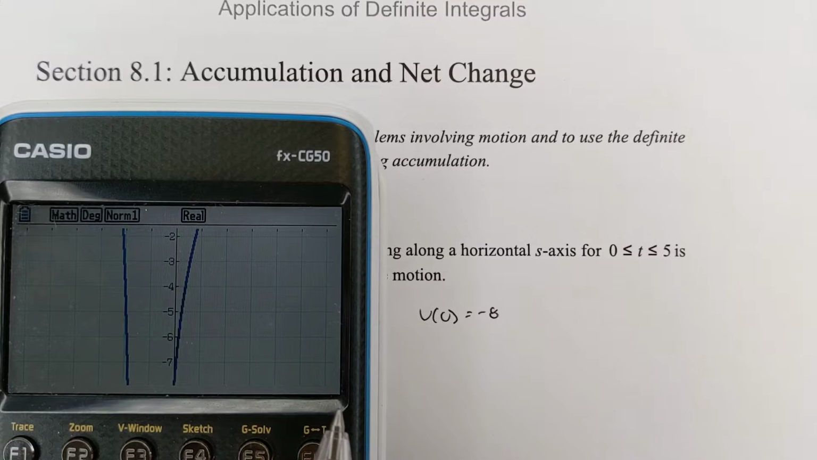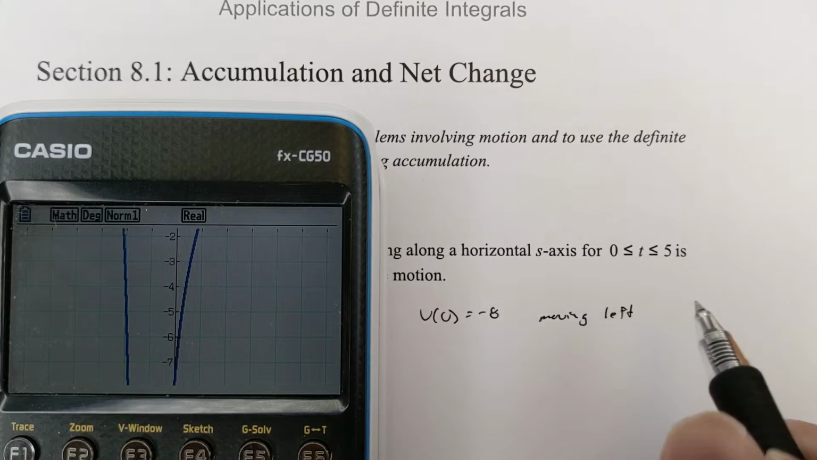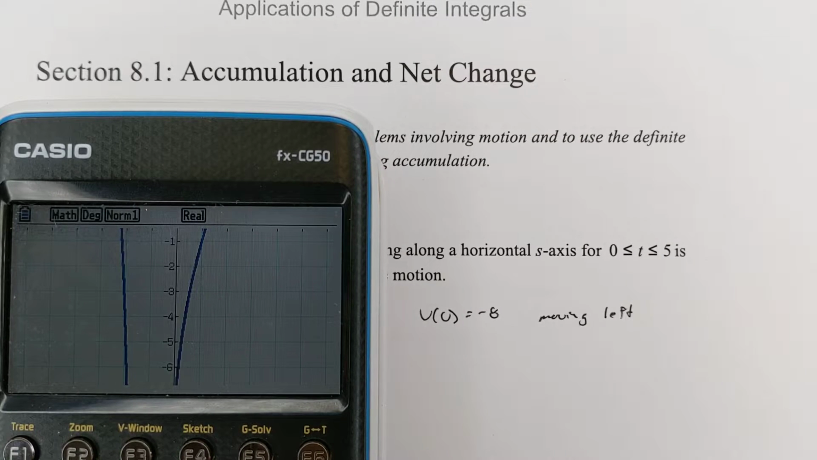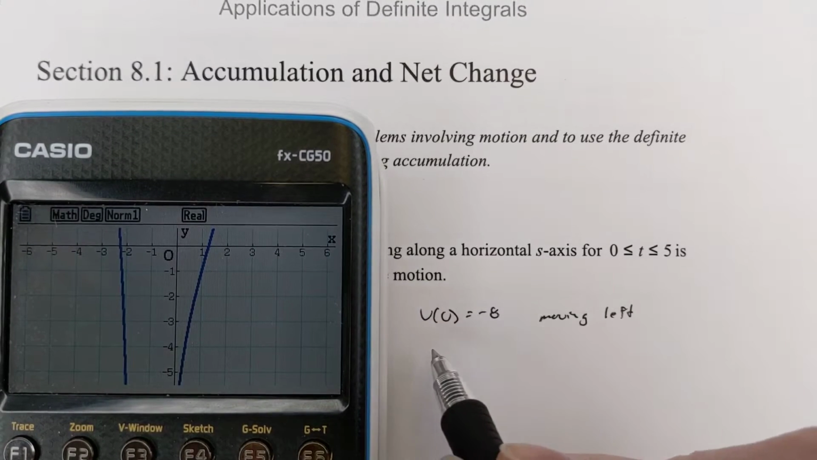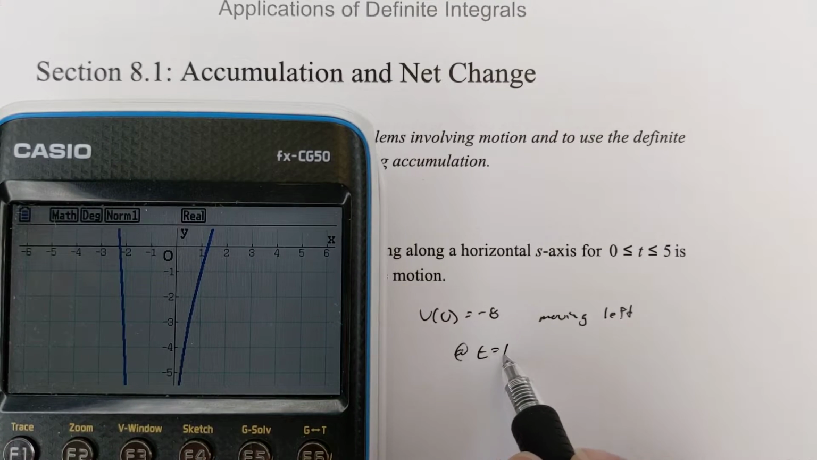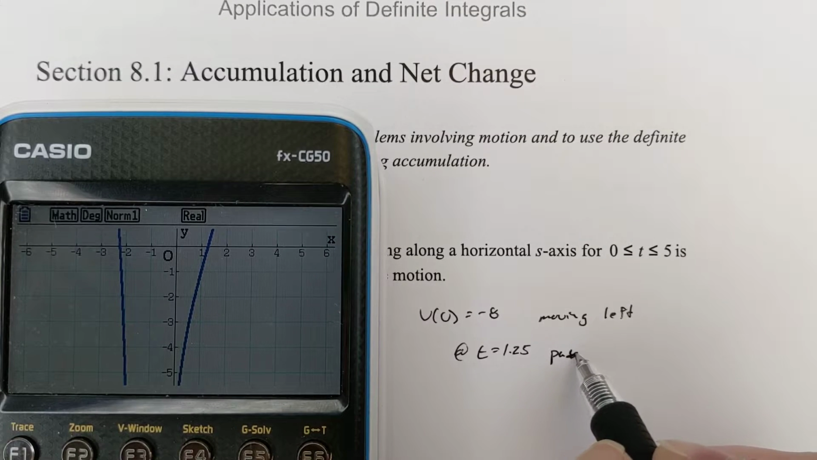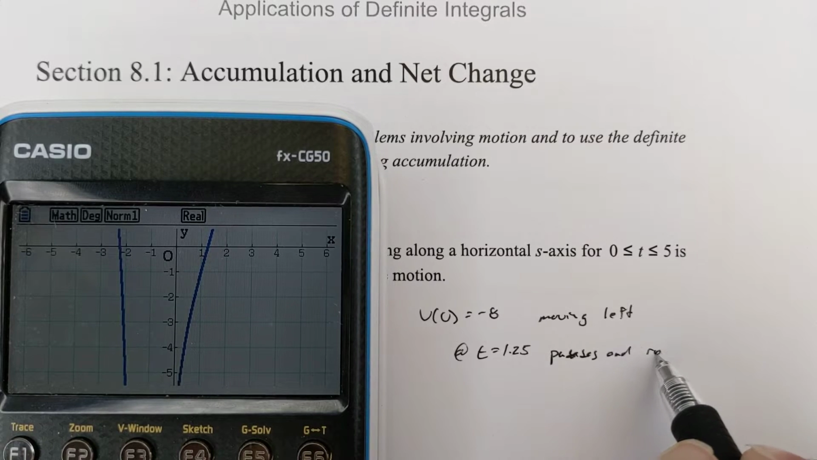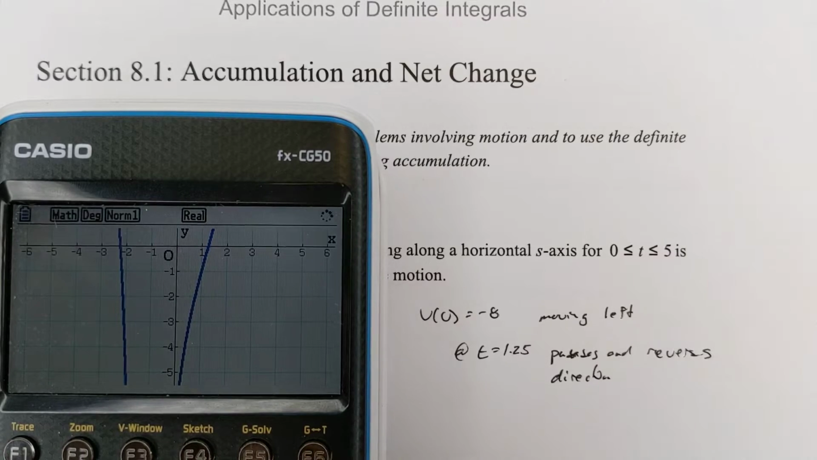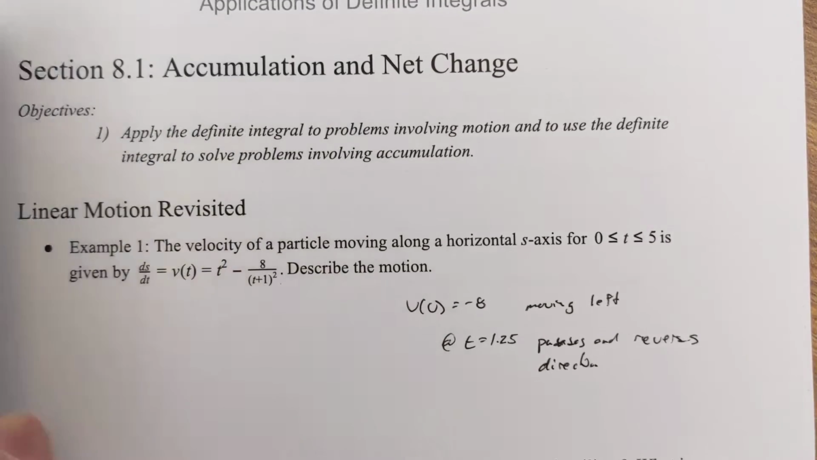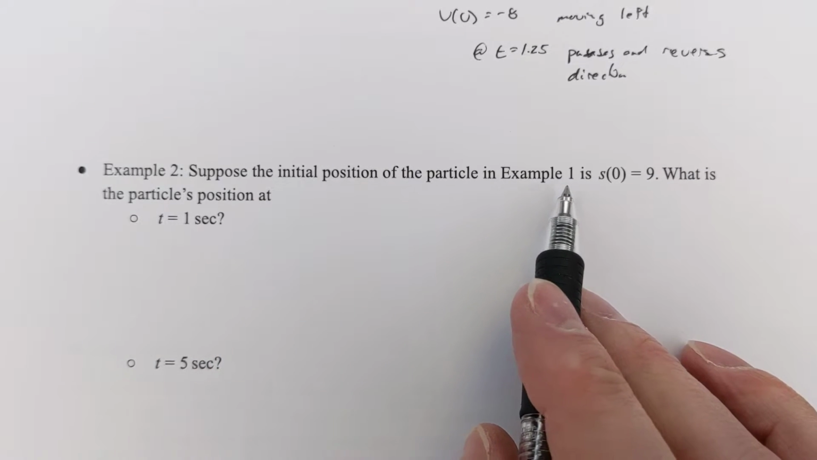And so it's moving left, just a negative velocity. And then at, looks like about, say 1 1/4 seconds, it pauses. And reverses direction, because that's now where the velocity is positive. So there you go. Okay, so example 2, suppose the initial position of the particle in example 1 is at